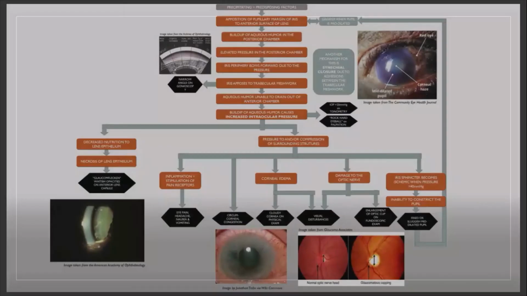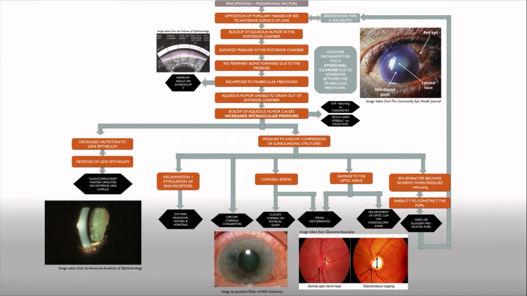So I hope this pathophysiology has allowed us to understand overall what exactly happens in our eye, and also understand the signs and symptoms and the test results that we get when we assess a patient with acute angle closure